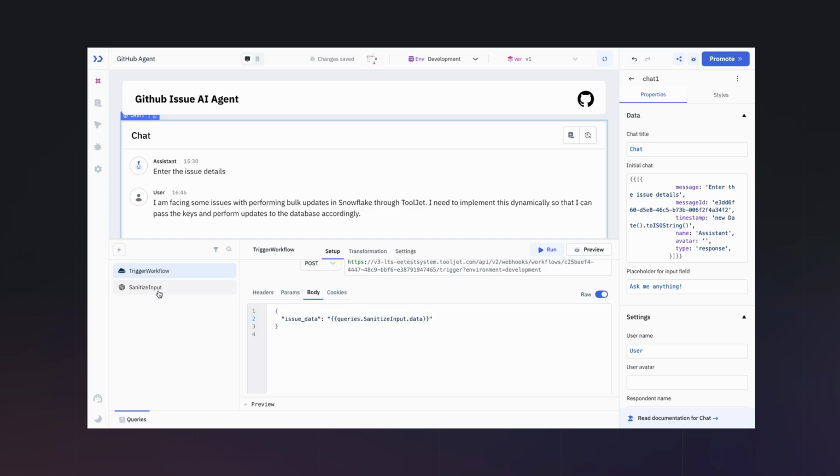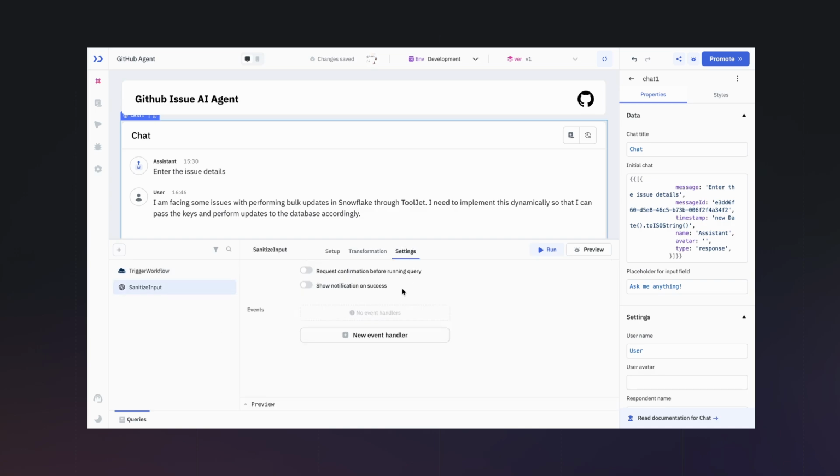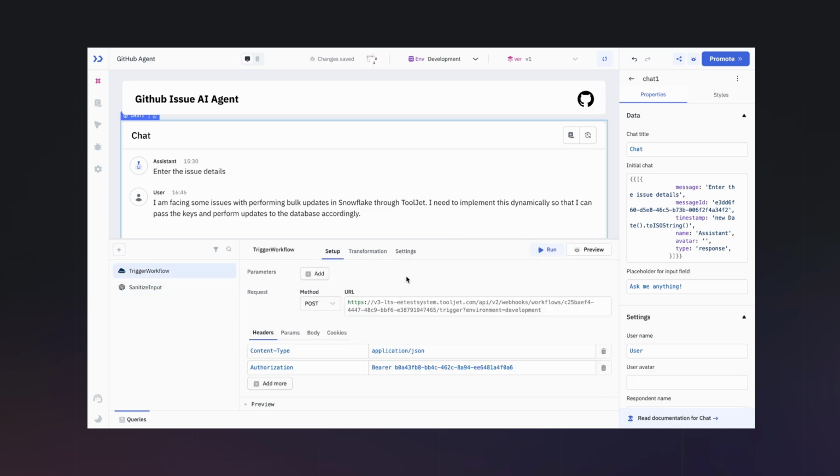Now we can go back to the first query, and here we will trigger this on success of this query. You can just run the query, select trigger workflow, and in trigger workflow we just want to show the details back, but we want to show the nicely formatted content on the chat component. So we'll again use OpenAI to format the data, but we also want to notify that the issue has been